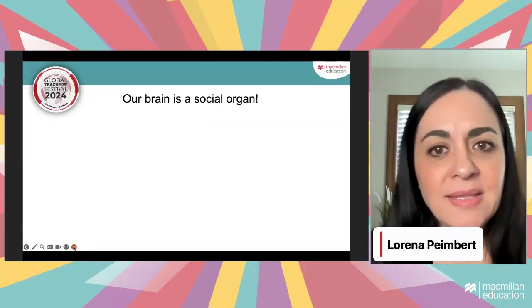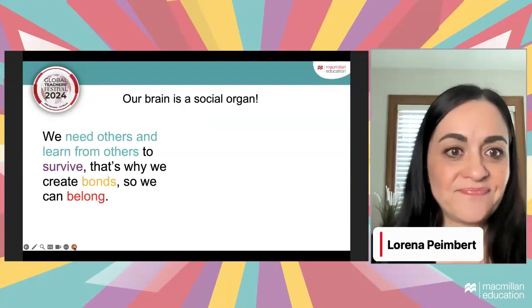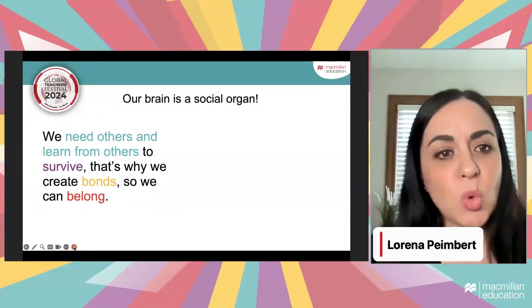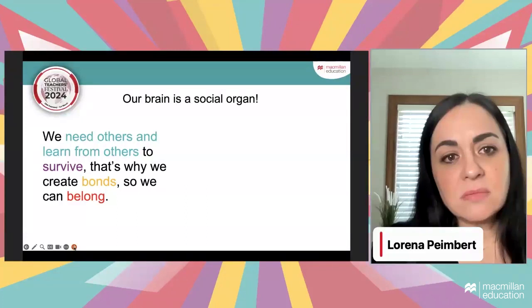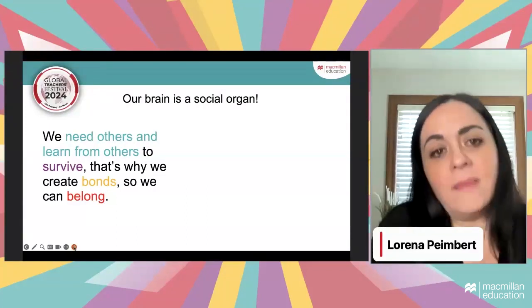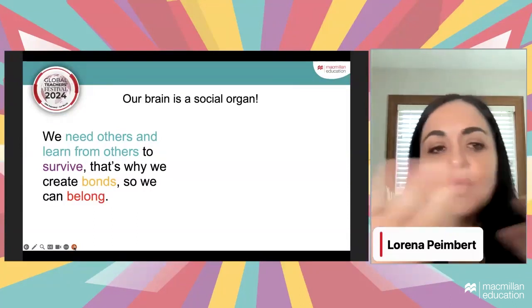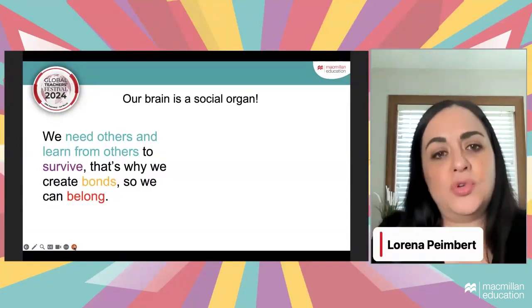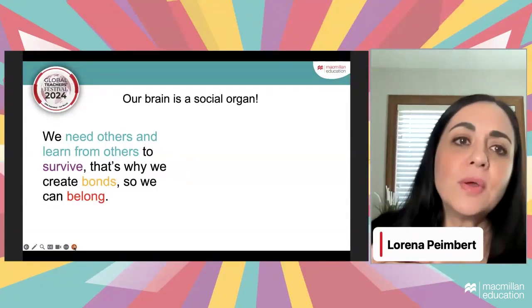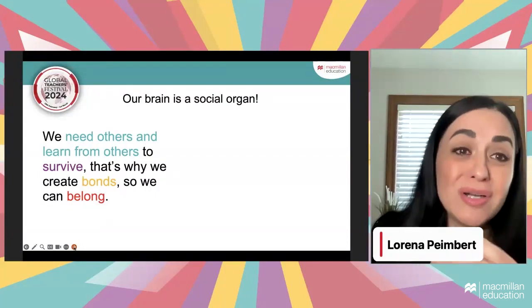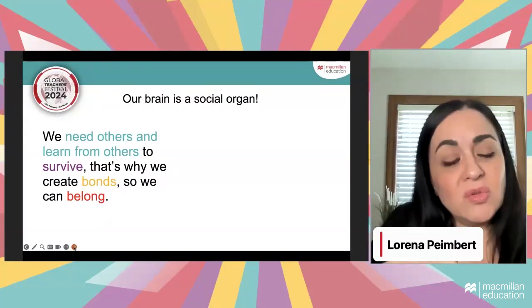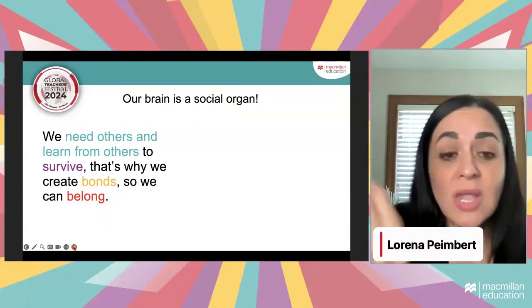So our brain is a social organ. Since we are born, we need others to survive, right? We are babies, so we need someone to take care of us, to feed us, to do everything that we need to survive, right? But from others, we also learn to survive because we need to learn all the rules and